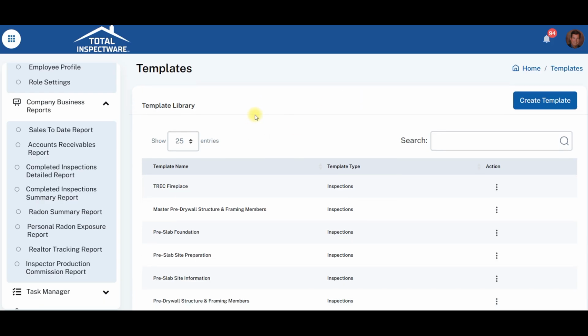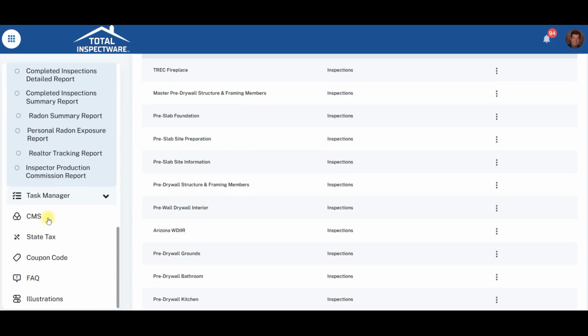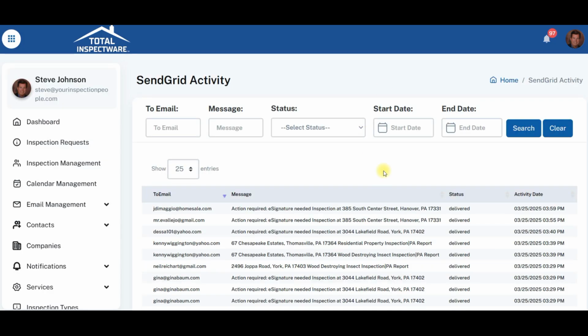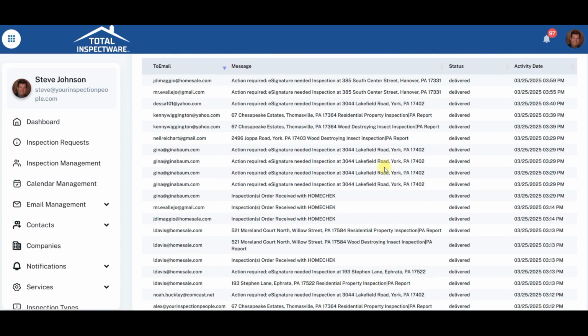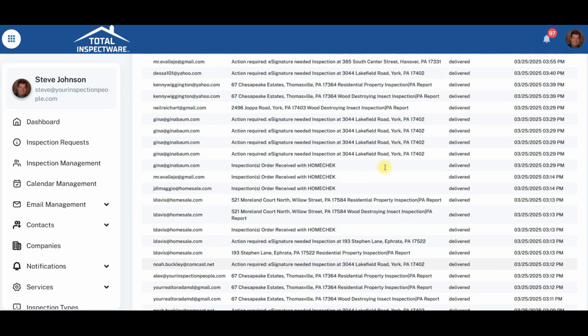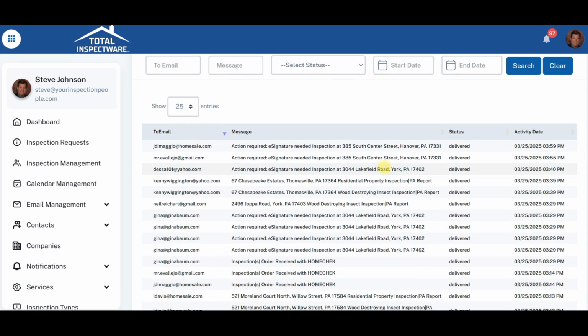And down here, our next module is the task manager, and you will see that's where our SendGrid activity and our report processing is. So our SendGrid activity is just that. Since we mail out about 225 emails a day, we need to know if they got delivered or they didn't get delivered or they got kicked back. So this is where you will find all of your email activity to make sure that they got sent out